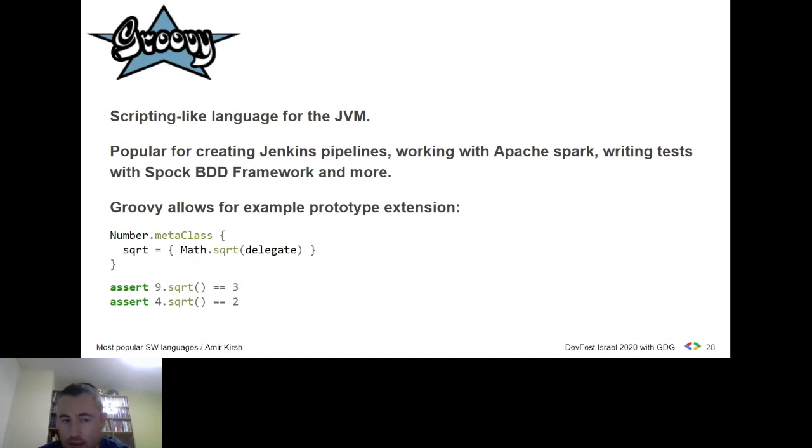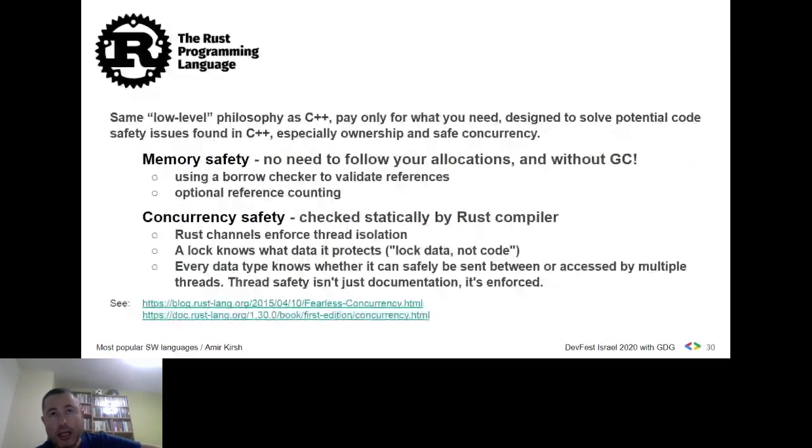Rust is a big promise. Rust is a new philosophy of let's be as efficient as C++, allowing you to write things like with C++, but with memory safety and concurrency safety. And Rust is doing that quite well. But the problem is, at the end, that Rust is a bit complicated. The language itself is very nice.